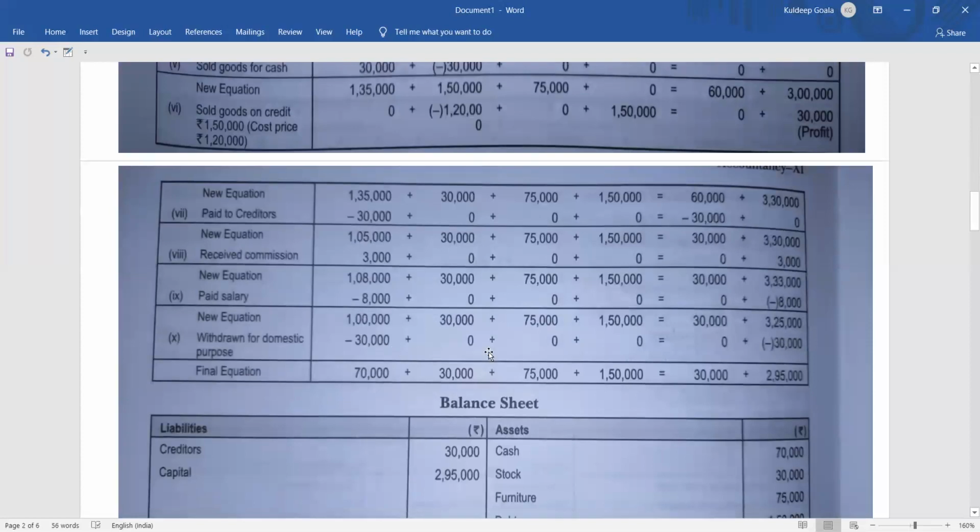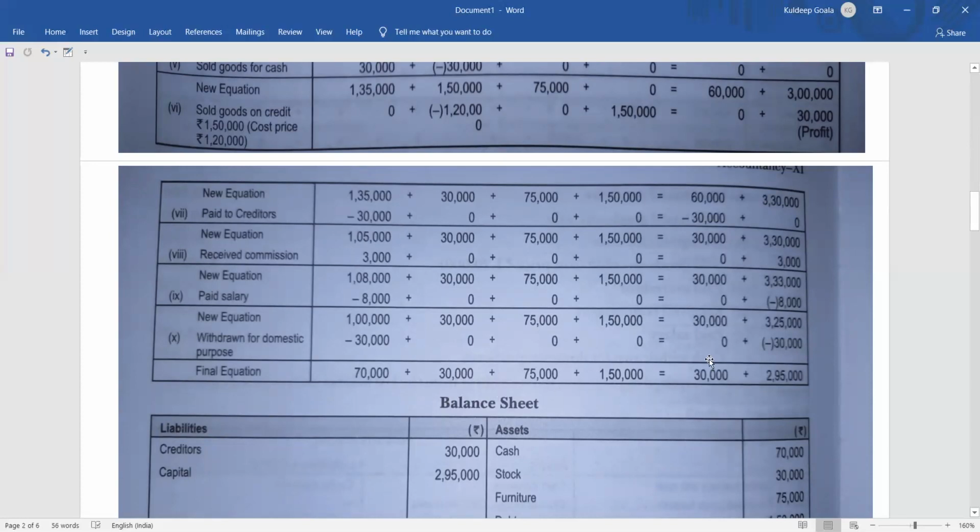And there is no change in the stock because he did not take stock, he took cash, so it is minus only from the cash. अगर वो stock लेके जाता तो stock से भी minus होता, तो यहाँ पे सिर्फ cash ले गया इसलिए सिर्फ cash minus होगा. No change in stock, no change in furniture, no change in the debtors, no change in the creditors, and only the capital will decrease to the extent of 30,000. इसीलिए capital से 30,000 minus हो गया.